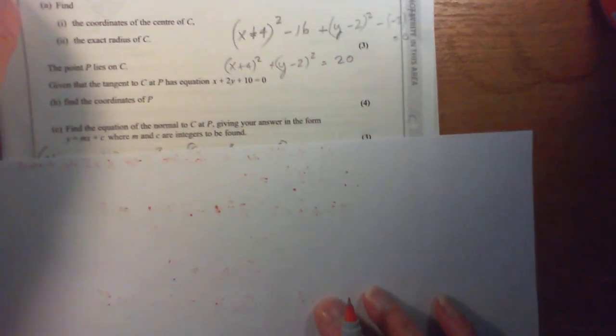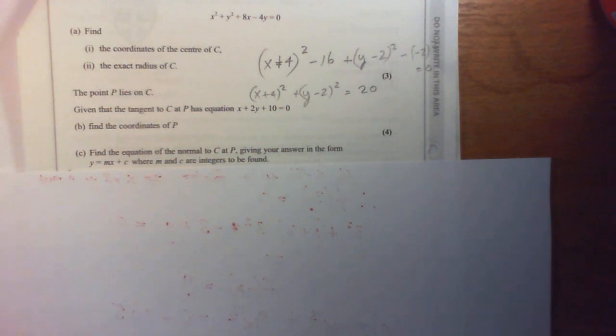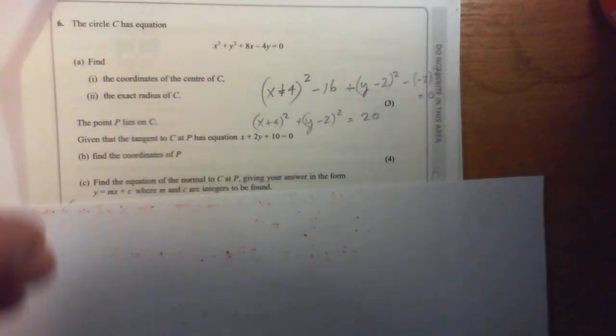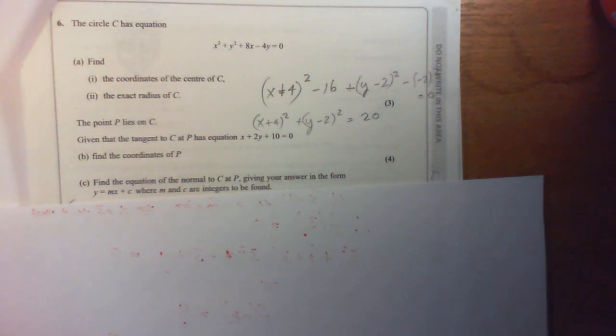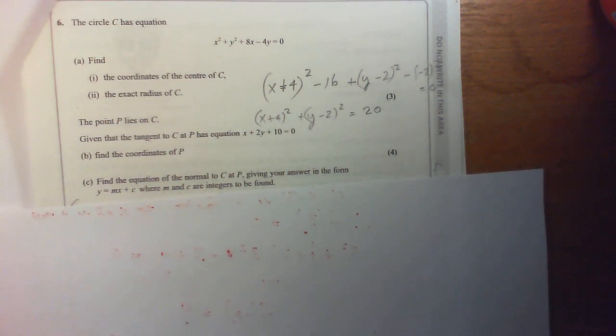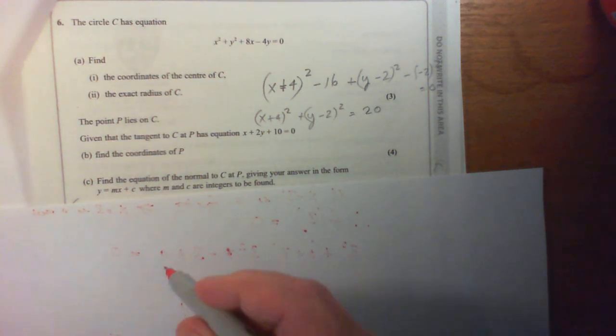Right, so circles. Again, there's a couple of ways of doing this. The one I would personally recommend is using completing the square. So we're given the equation at the top there. Completing the square would be